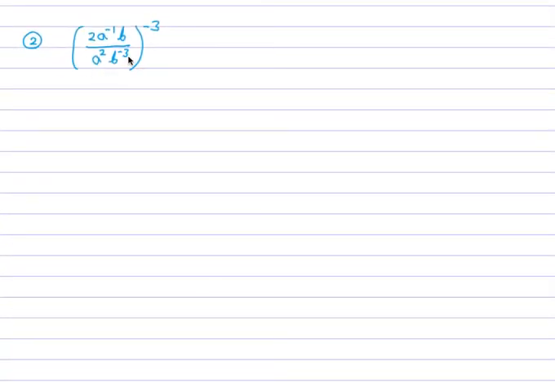Okay, now I am taking another question, same type. Here there is negative power, so we have to convert it into positive, but first we solve the parenthesis. So here negative 3 power, write as it is, here 2, and here a to the power negative, so we have to convert this power into positive power, so it goes down here, and this a, and here already